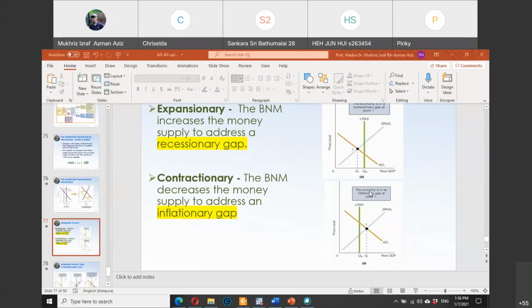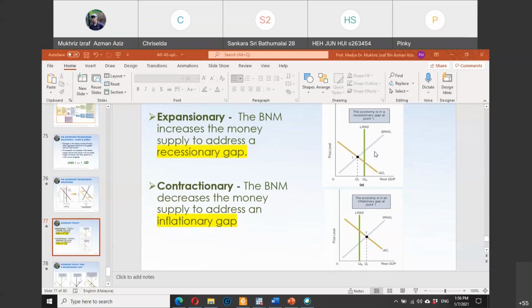So I just need to remember this between these two, because this is one of the common questions or common concepts that you will be asked in the chapter 14 questions, on the concept of contractionary versus expansionary monetary and also fiscal policy, and what is the shape of the graph, or how the graph looks for recession, and how the graph looks for inflationary gap.